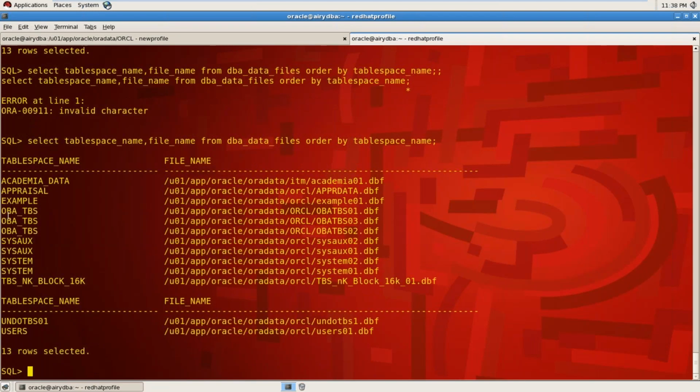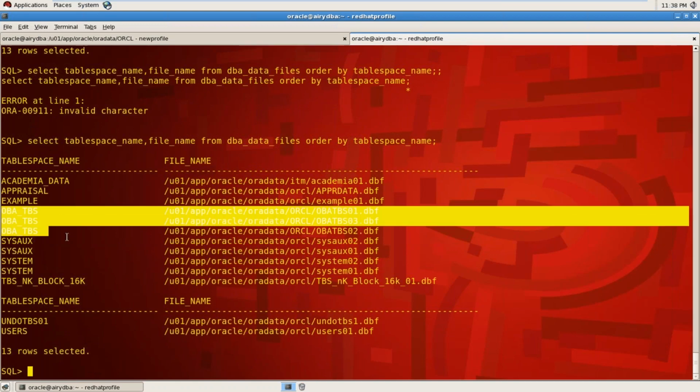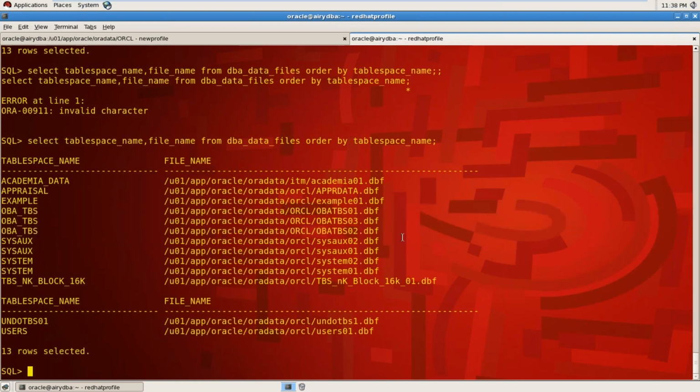You can see over TBS have 3 data files. Okay. Now you want to drop this tablespace,